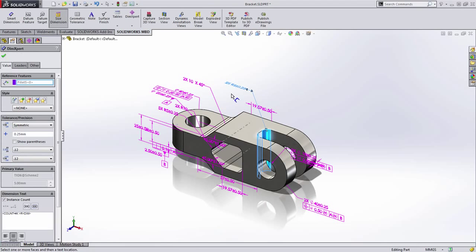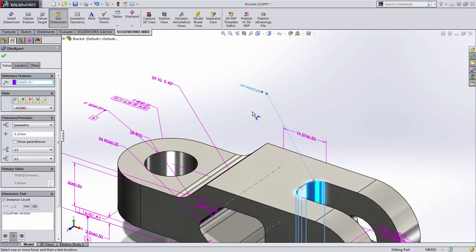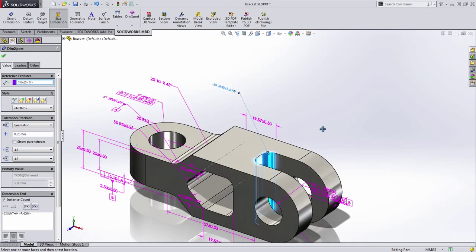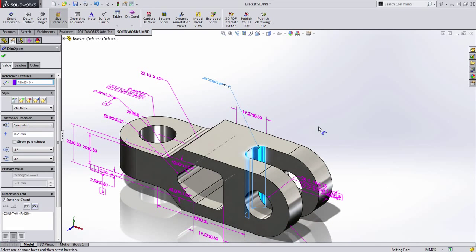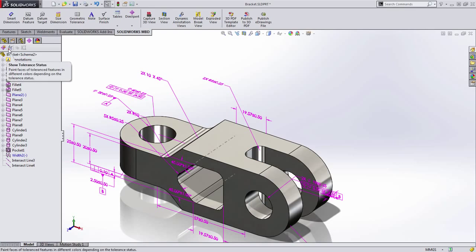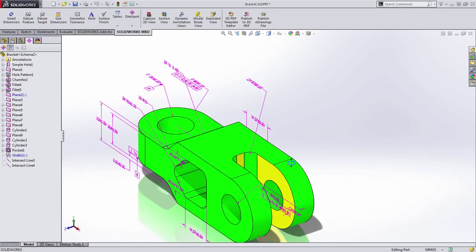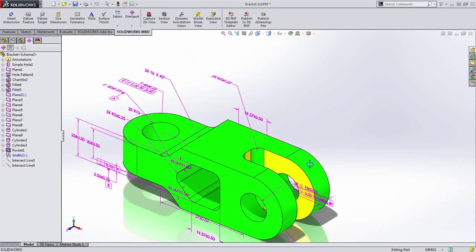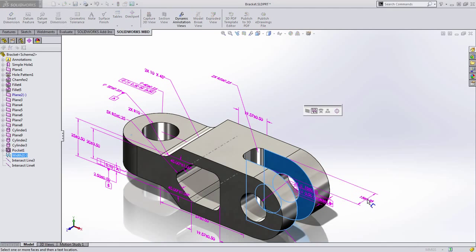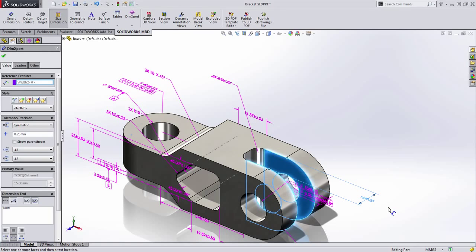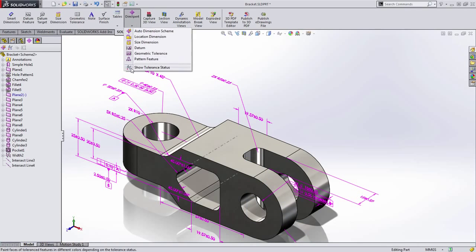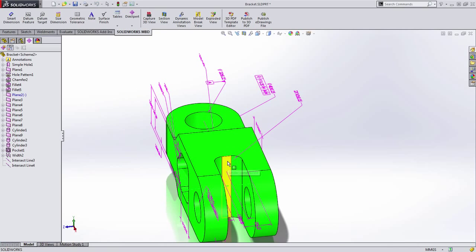And you'll notice as I do it, it automatically captures the quantity and the size and puts a tolerance on it based on our standard. When I return to the Show Tolerance Status, we can see that the fillet is now green. One of the other pieces of information we want is the width of this pocket. And you can see I can simply grab it and apply that there. And finally, the last thing that we're looking for in this case is the depth off from the back of